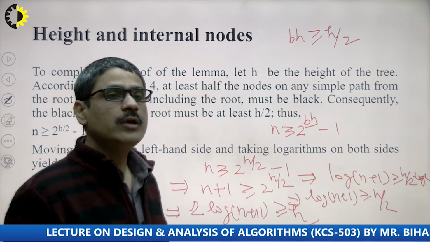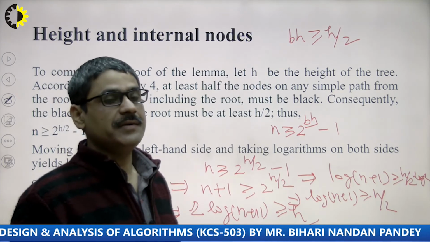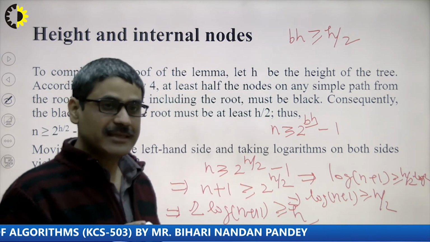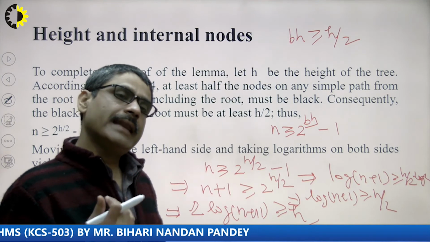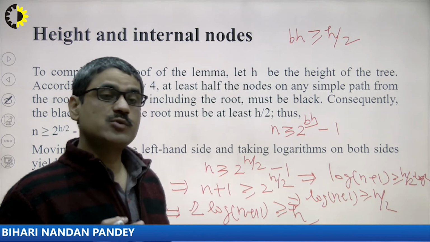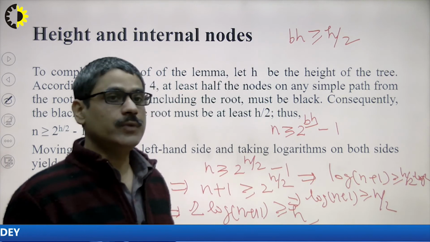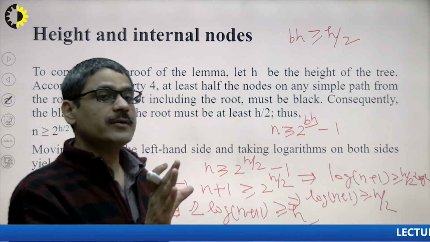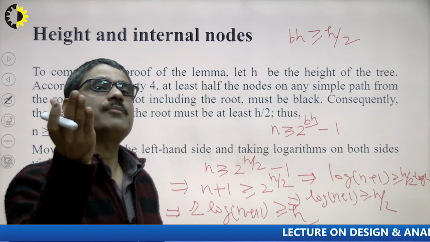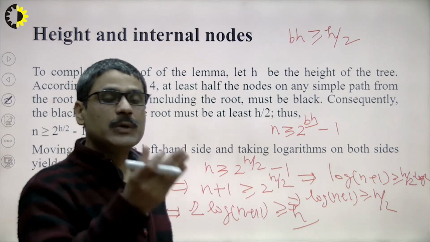After that, you have to analyze the red-black tree and its different properties, and by those properties you get the fourth property, that every red node has black children. Whenever a red node appears, a black node has already appeared, and the root and nil node are black. That's why the number of black nodes is more than half of the nodes, greater than the red nodes. By using that, black height is greater than or equal to h by 2 every time, because black height is basically the number of black nodes.